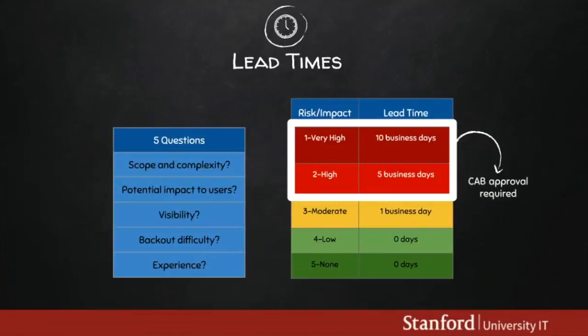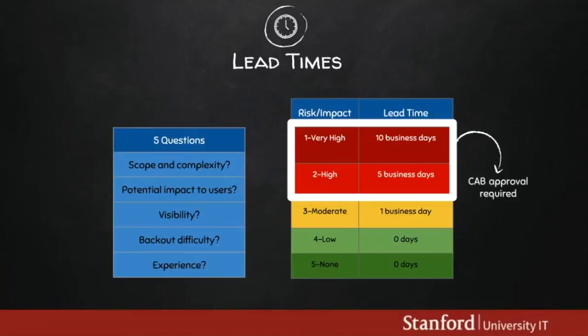So we mentioned the lead times. If you have a very high or a high risk change that you're pushing through, there are some defined lead times. And the way that risk impact rating is generated is by answering a list of 5 questions, which you'll see